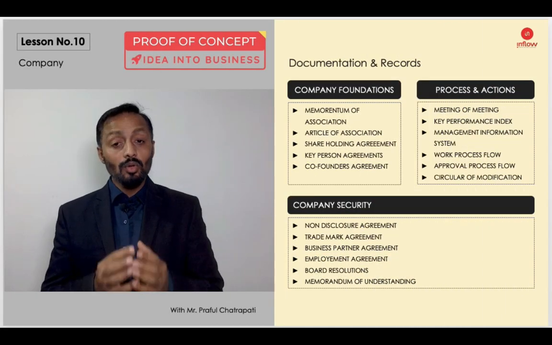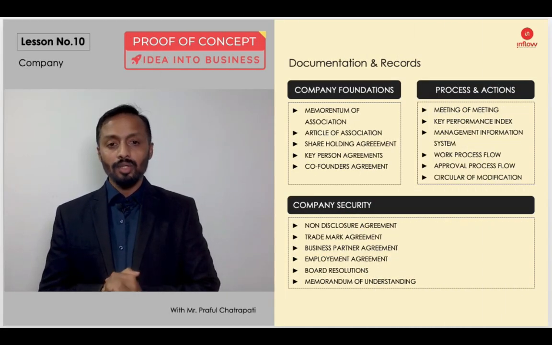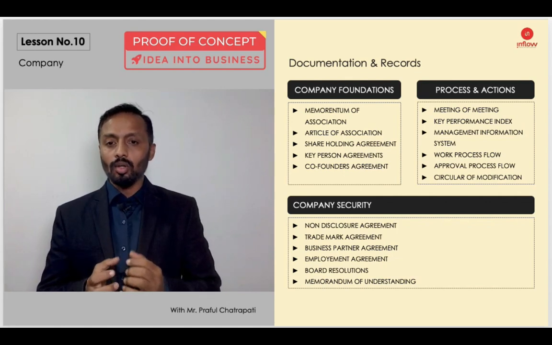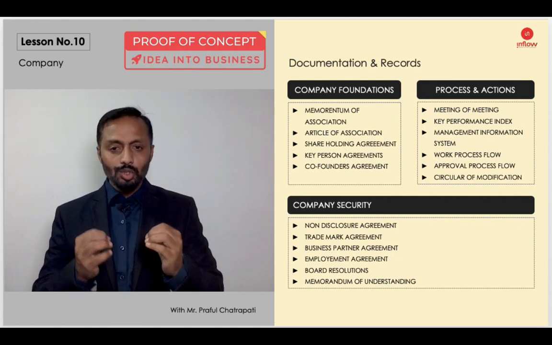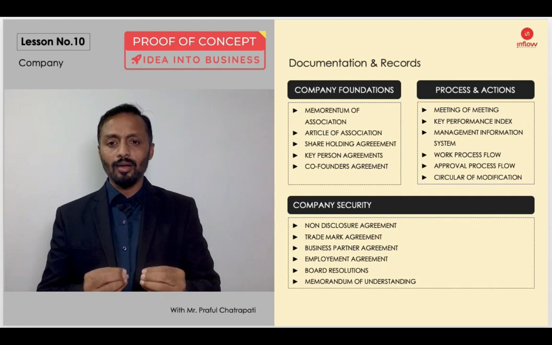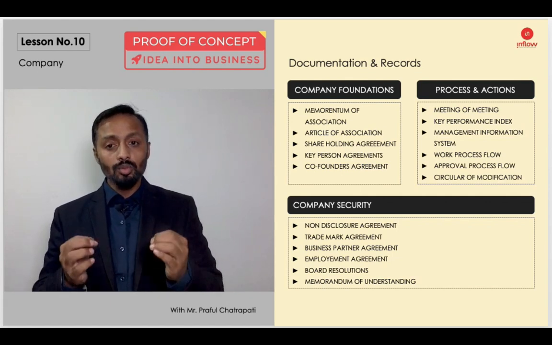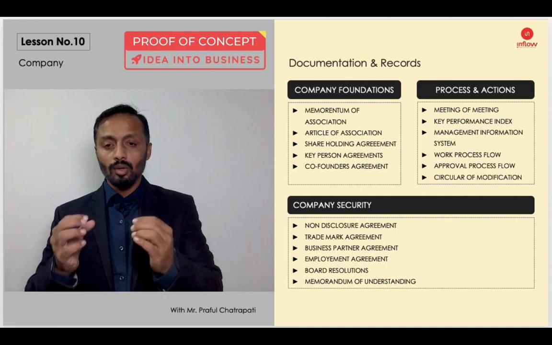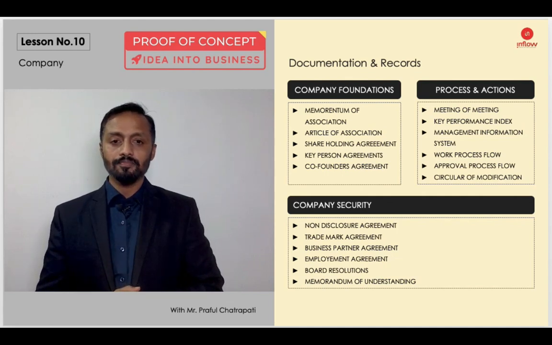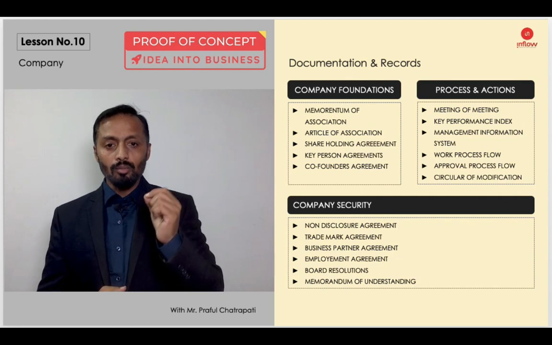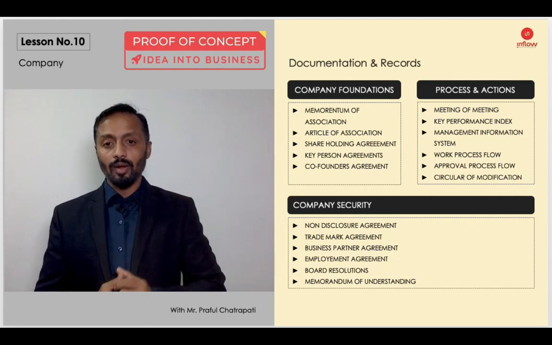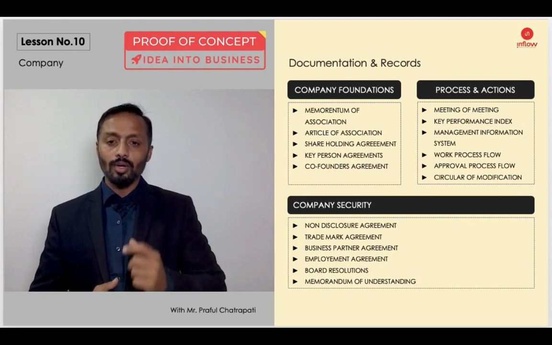And friends, when you are forming a company, documentation is the most important factor, because you have to record all that information. You have to be sure that everything you are filing, everything you are drafting, everything you are signing is going to have a lot of impact on your whole business. When you are founding your company, your MOA, your memorandum of association, is the key factor. It's the constitution of your company.